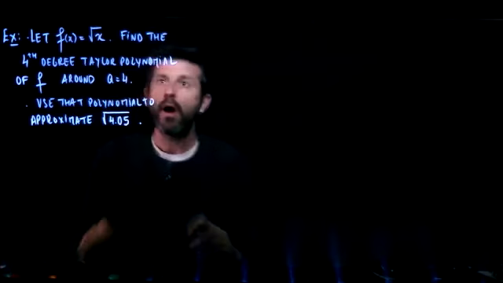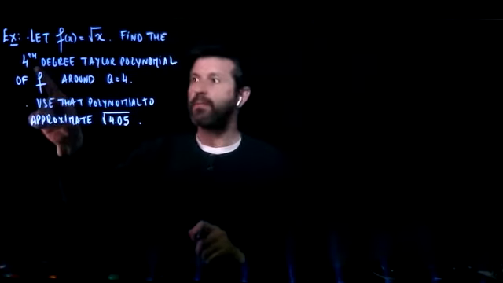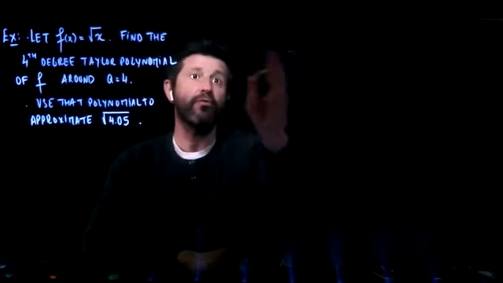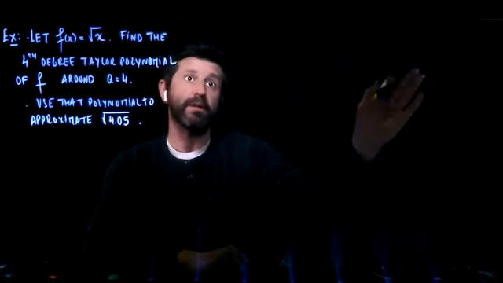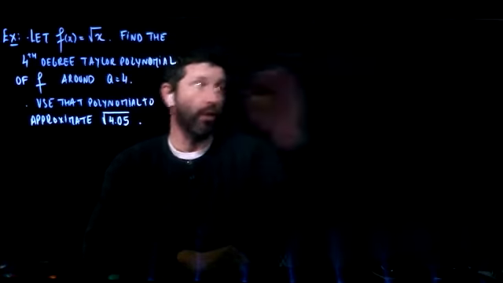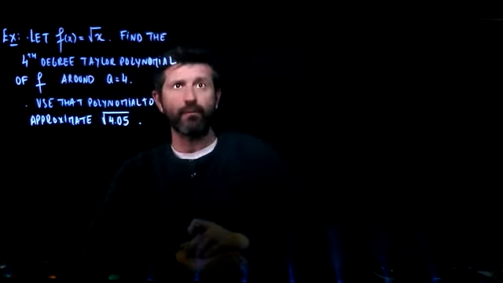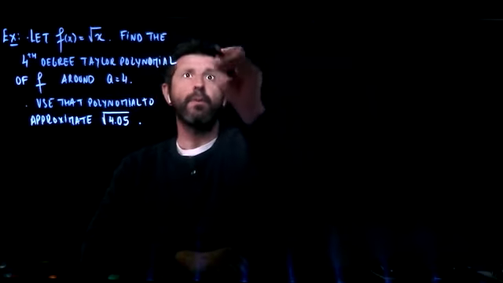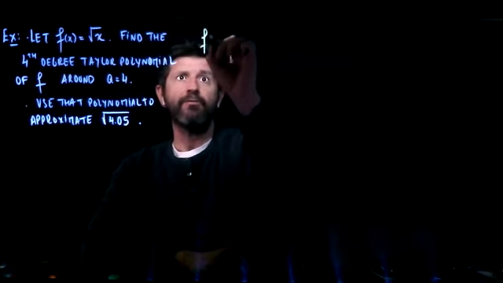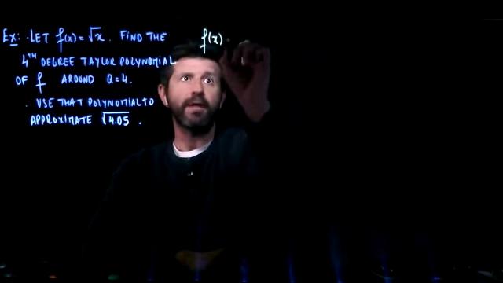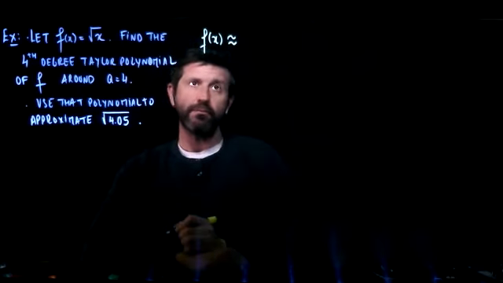Okay, so 4th degree. That means that I'm going to find the first 5 terms of the polynomial. It can go on forever, but I'm going to stop when I get to the power 4. Okay, so let me write what I have. f of x is approximately equal to,